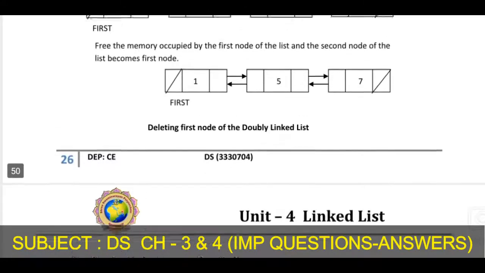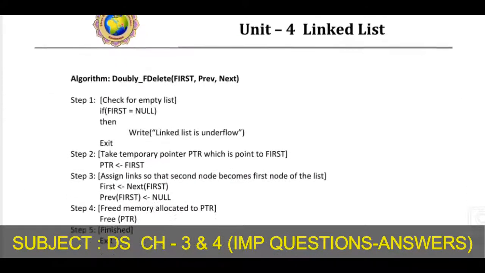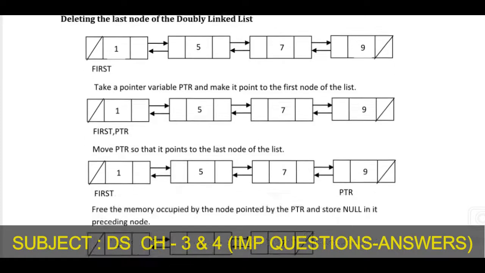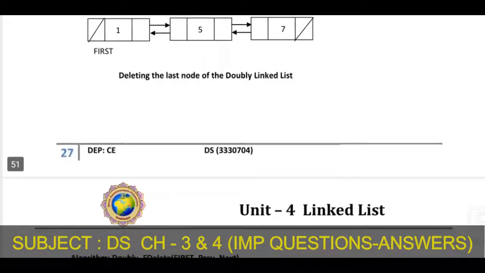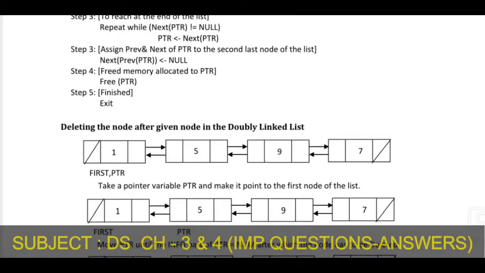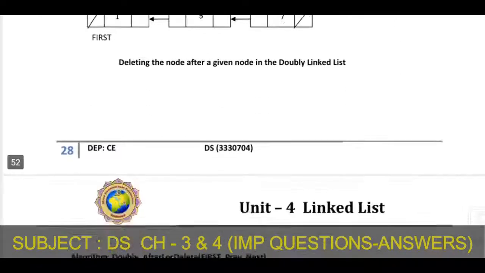for the exam. So this one is our simple example of a doubly linked list, and here one is the algorithm step. Then here deleting the last node of a doubly linked list is also an IMP concept regarding the GTU exam. Then here deleting a node after a given node is not IMP for the exam,